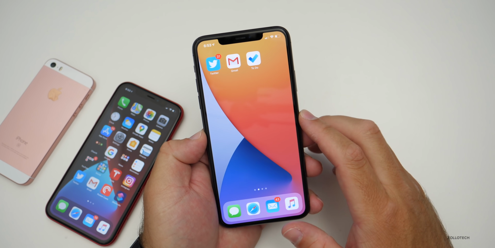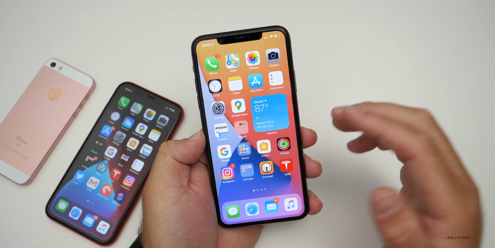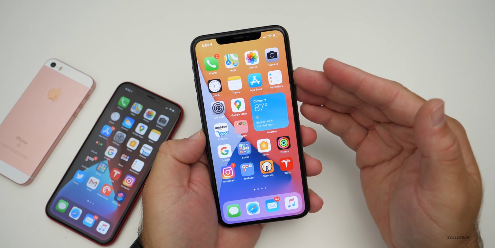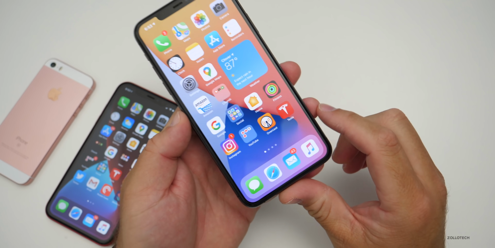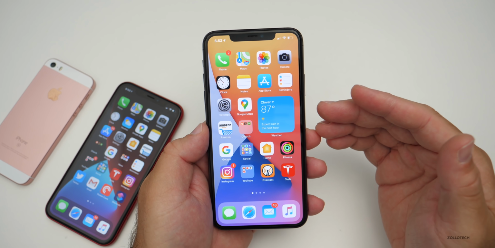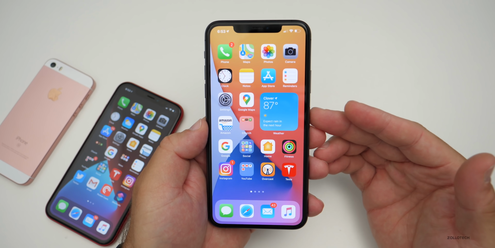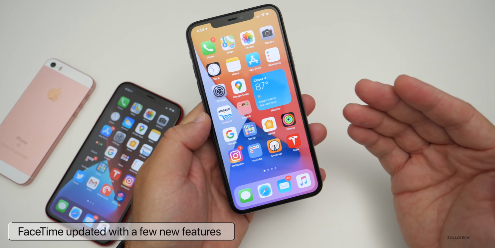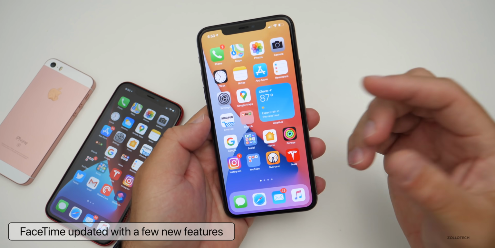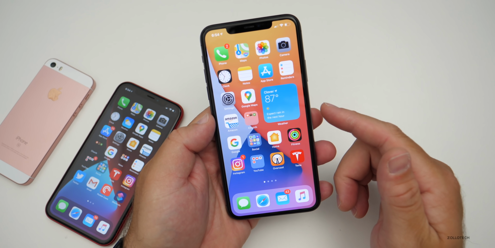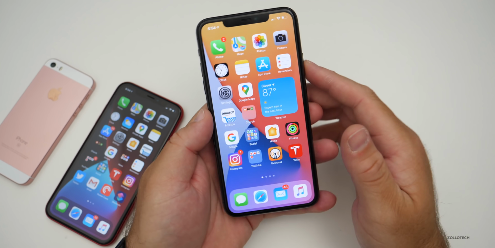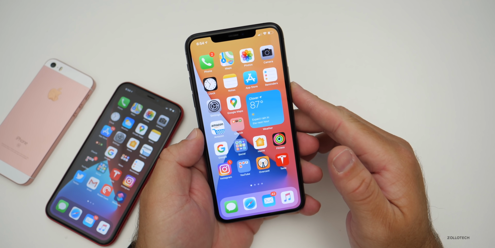Now, as far as updates to things that use the camera, Apple actually updated FaceTime. So FaceTime will allow you to use picture-in-picture instead of just pausing the video for everyone, and it will improve video quality as well. And it detects sign language and makes that person prominent in a group video chat. So it does that and also allows you to have eye contact with that person. It sort of changes your eyes and makes sure they have contact with you.